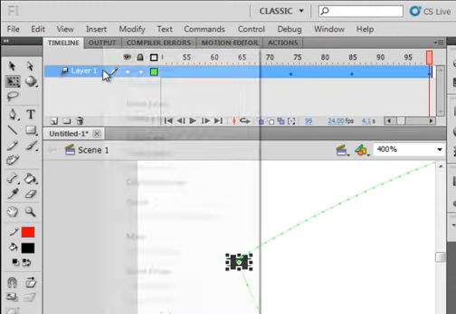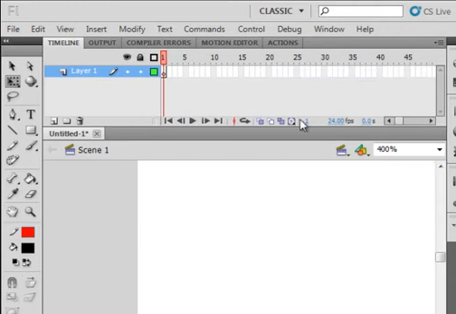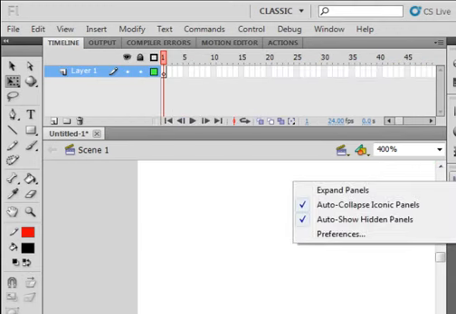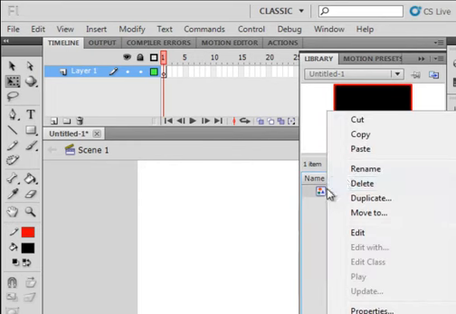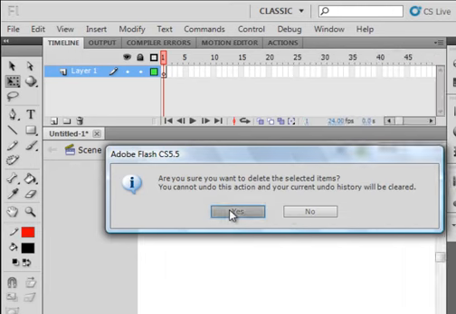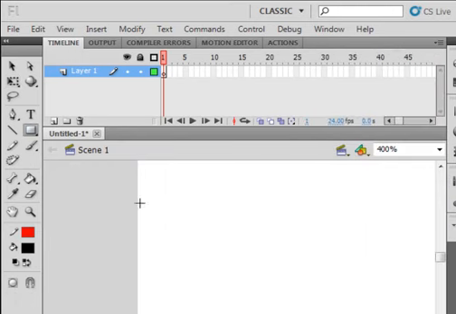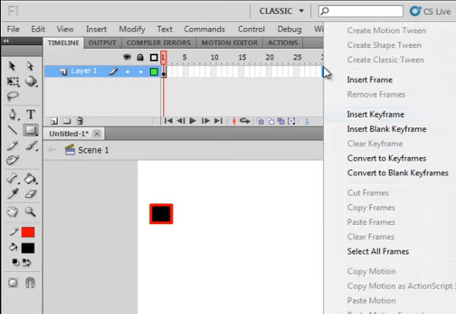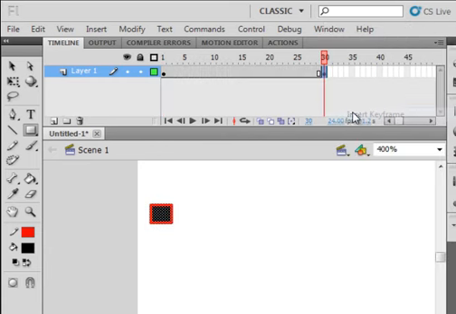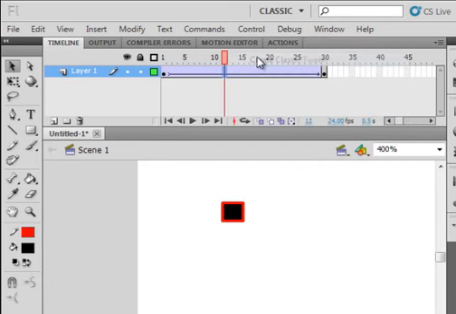Let's delete this layer. Let's make sure we get rid of this, delete everything, so I'm really starting new. And let's pick up the rectangle tool, and we'll do the classic tween. We'll leave it as a shape. Go up to frame 30, insert a keyframe, pick your selection tool up, and right click, classic tween,